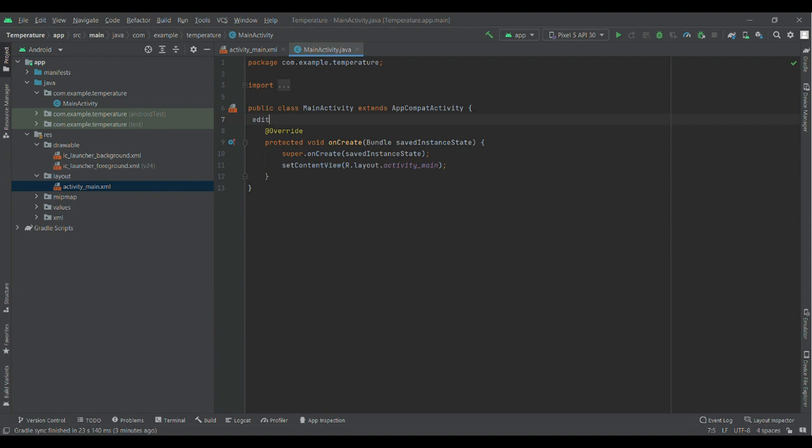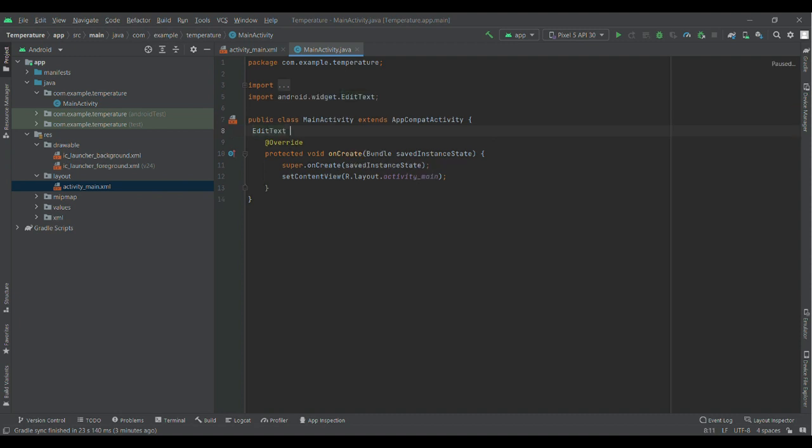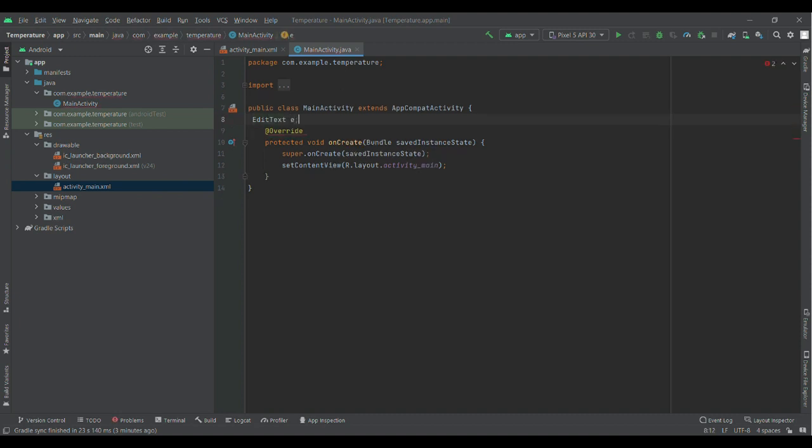Here we are declaring one edit text and two buttons. We give an edit text, create that object, and declare the name as E, and there are two buttons. Just type Button b1 comma b2 and a semicolon. Now I'm connecting the design with the code, entering E is equals to,